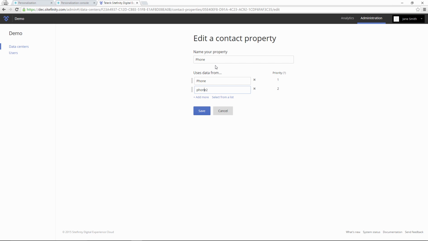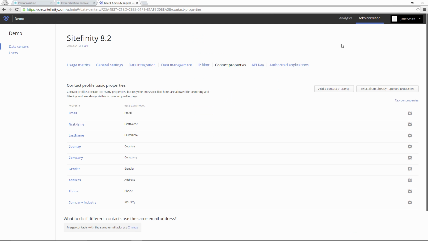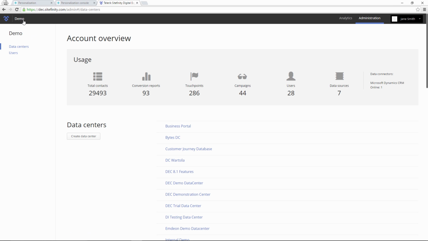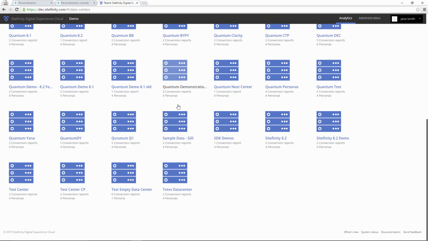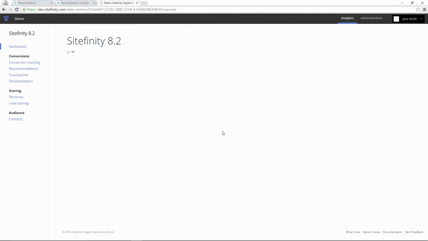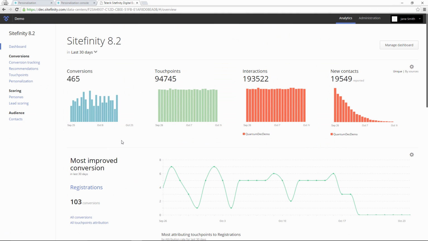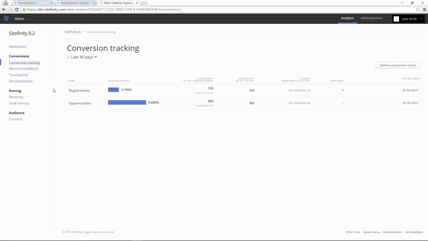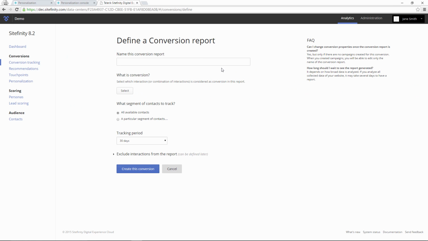So why are these custom contact properties useful, and how can you benefit from them? To answer this question, let's go back to our demo data center here, Sitefinity 8.2, and we're going to go to conversions. So let's say you want to measure the conversions for opportunities for a specific segment. All we have to do here is define a new conversion, give it a name,